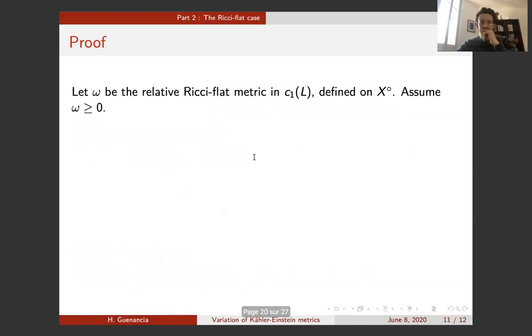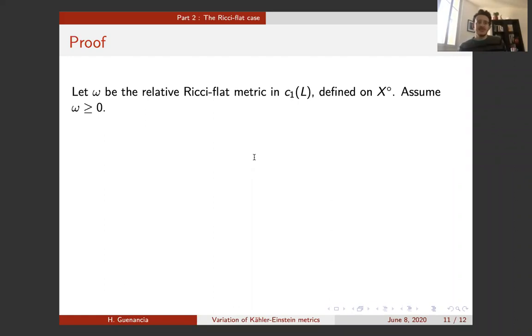It turns out that I'm going to prove that that relative Ricci-flat metric is not semi-positive, and it's smooth. And so this will imply, because that relative Ricci-flat metric is the limit of relative Ricci-flat metrics in c1 of L plus some ambient ample, that whenever the ample is small enough, the relative Ricci-flat metric in L plus this very small ample has to be negative somewhere, otherwise the limit when the ample bundle tends to 0 would still be